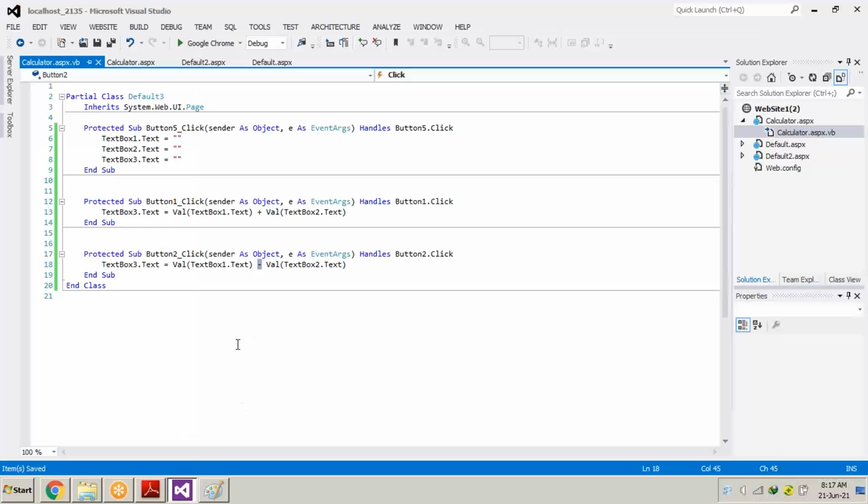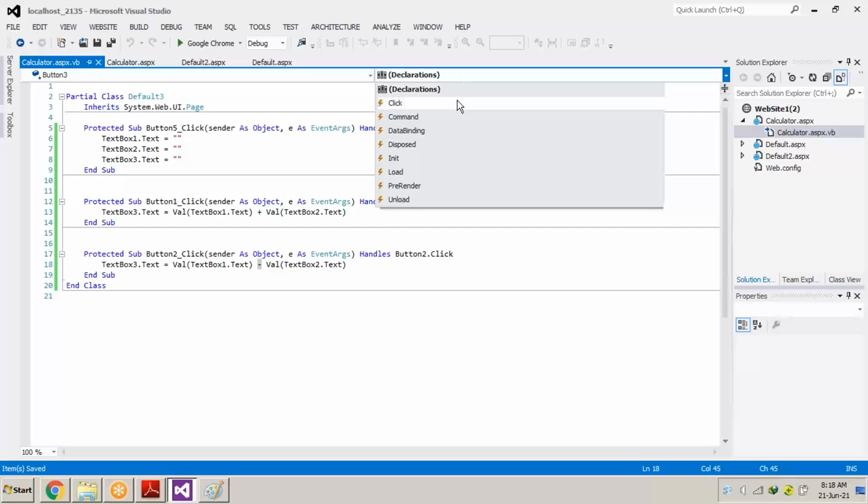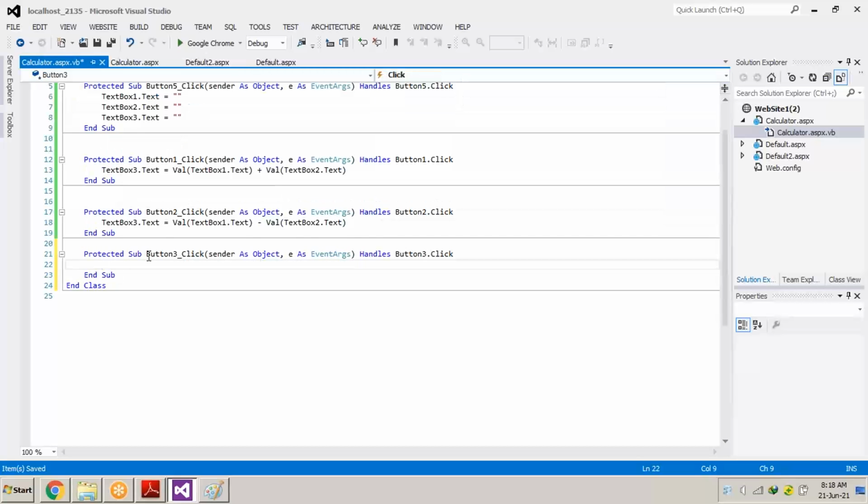Now we will use a shortcut method. We know that the third button is for multiplication. We will add the click event. The button 3 event is appearing.